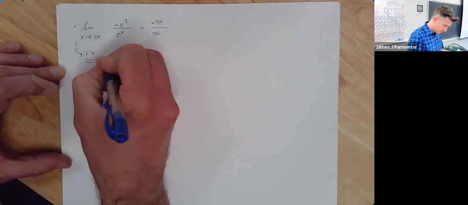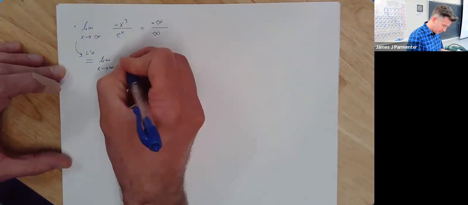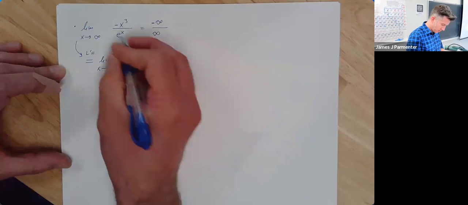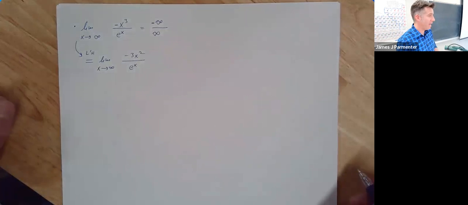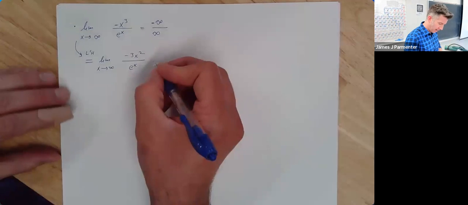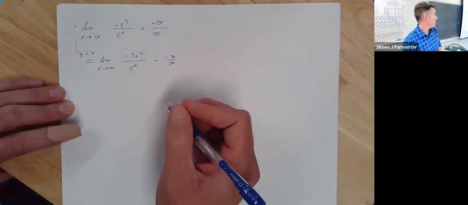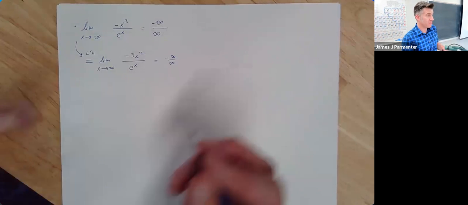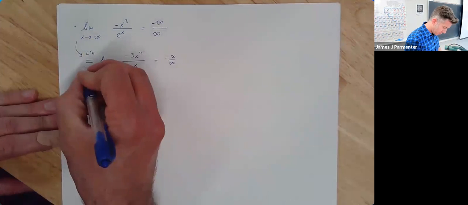We're going to get the limit as x goes to infinity of the derivative of the top, negative 3x squared. The derivative of the bottom is e to the x. If I try plugging in, because that's the next thing I should do, I still have negative infinity over infinity. So I use L'Hopital's rule again, right? If you still have infinity over infinity or 0 over 0 after you've used it once, do it again. There's nothing else we can do really. So if I use L'Hopital's rule again,